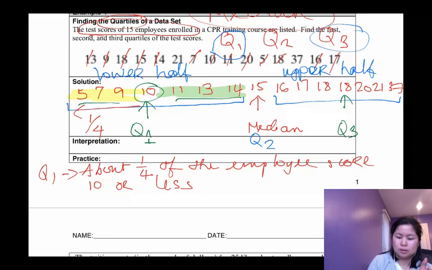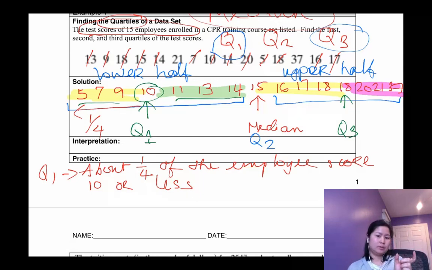This one is third. You see how I split it up into 4 equal parts? All right. So from 10 down to the left, that is the first quarter. If you think about this, I have 4 equal parts. And the first one from 10 or below, that's just the quarter, right? Then that's a good question, because that will lead to the next one if I have to interpret